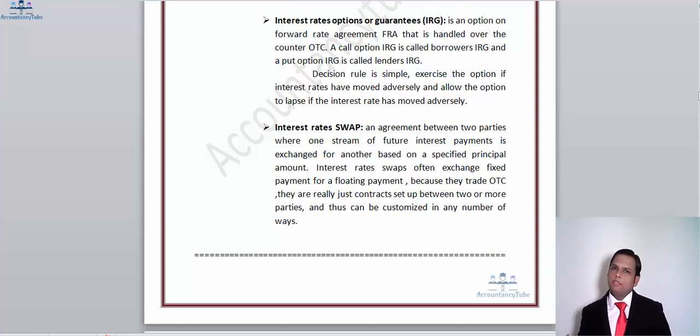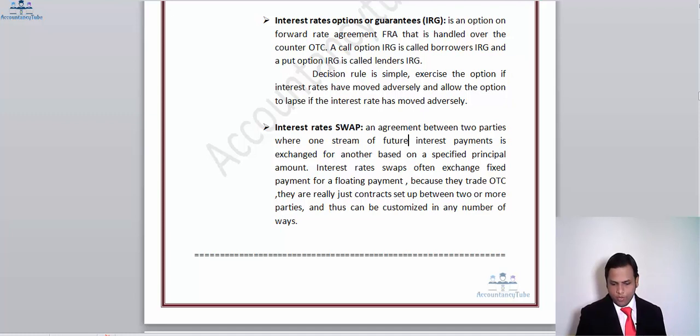Just like the future contract, the interest rate options also work. If things move in your favor, you exercise the option, and the option provider will give you the benefit. However, if it's giving you a loss, you can simply let it lapse. That's the beauty of the option. However, a hefty fee needs to be paid for such an arrangement. Most companies that opt for options normally have a big fund to hedge against.